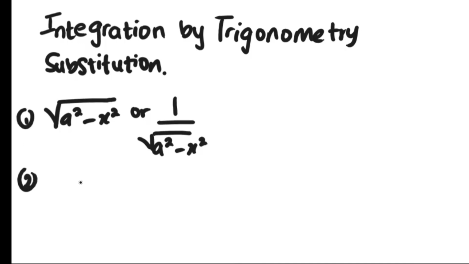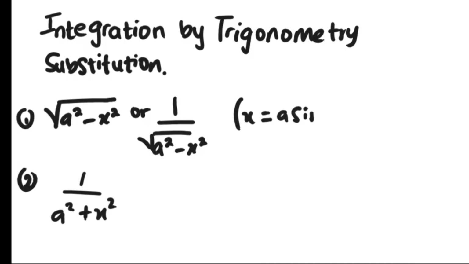While the second form is if we have an integral form that resembles 1 divided by a square plus x square. So basically, one of the first things that you need to know is that when you're dealing with an integral form that takes this form, you use the trigonometrical substitution of x equals a sine theta. Again, once you see a square minus x square, you use x equals a sine theta. Once you see a square plus x square, you're going to use x equals a tan theta. So basically, let's go into some basic